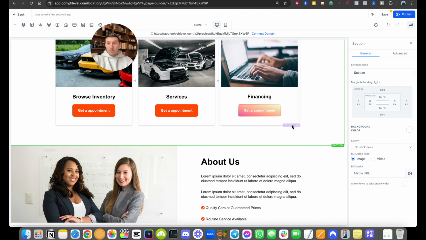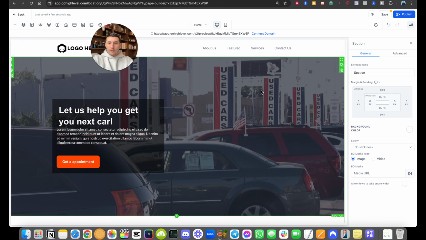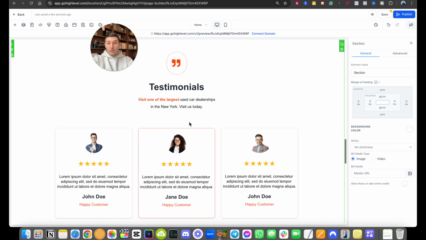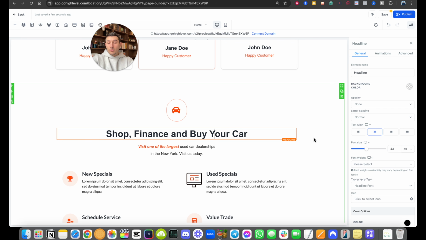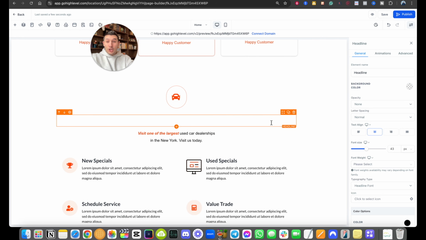The next step, as we've learned, is adding those custom section names for their headlines. For example, those testimonials, or maybe shop, finance, and buy your car. That's where we want to apply that gradient. And we go to advanced, and in the custom class, we type gradient2. Boom. As you can see, it just disappeared, but don't worry,